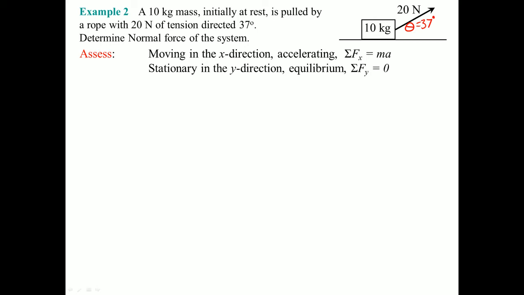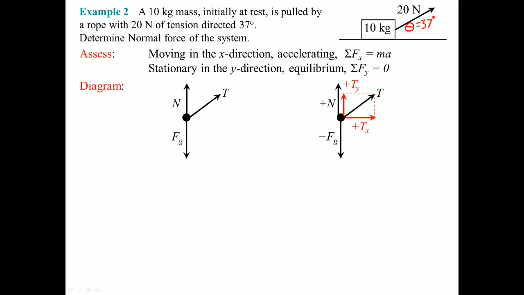If we draw the diagram, it looks something like this. The normal force balances out with the force of gravity, and we have the tension force being pulled. This is the free body diagram. The AP exam on the free response will always ask you to draw the FBD. They never ask you to draw the components, but you will need to draw the components and label them here to help you out. So T can be broken down into its horizontal part, which is Tx, and the Ty is going to be